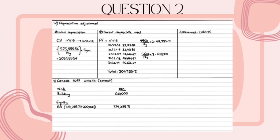And moving on to the depreciation adjustment. For the first one, subsidiary depreciation, we take the carrying value from the 1st of January 2015, the acquisition date, which is 575,555.56. We divide by the 14 years, which is the useful life, and we multiply by how many gap years there are, which is 5 years, and we will get